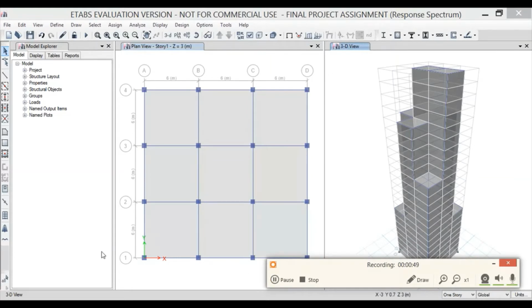So right now we will be carrying out the analysis of the seismic resistant structure using the response spectrum method. Here you can see I am running the analysis for the G+23 storey structure after defining all of the properties of material as well as the section and using the auto select option. Here you can see the analysis model is being created and the analysis process is going on. The status of the analysis can be viewed at the right hand side bottom of the second window. The analysis of the structure may require some time as it is a G+23 storey structure.